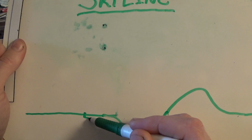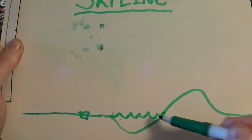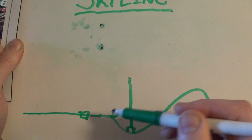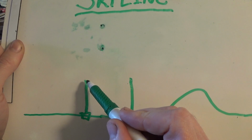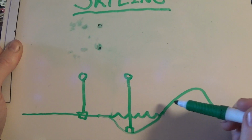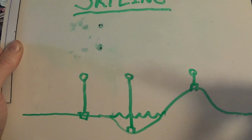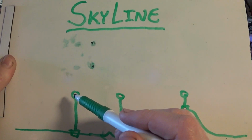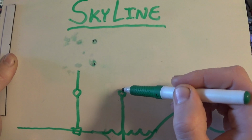And this can be done underwater too, like here's a lake or whatever, you can put an anchor down here at the bottom. So these anchors have lines attached to them, and then at this point right here there's an interface, and this is the thing that I'm actually struggling with because I haven't quite figured it out yet, but it's not an insurmountable problem. So there's an anchor, and then there's a line that goes up to an interface, and then at the point of this interface there's another line that goes up,